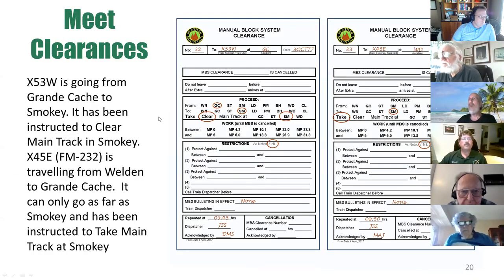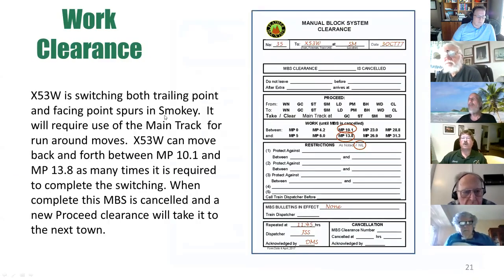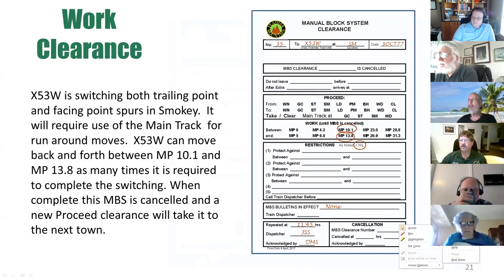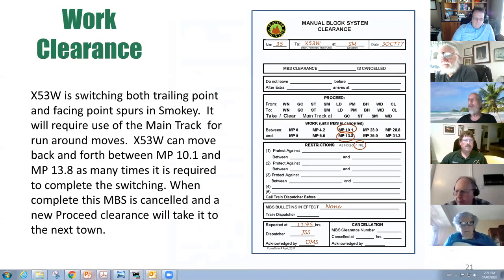So the next clearance is a work clearance. Okay, so like I said, extra 53 west was my way freight. He's got to do a bunch of switching at Smoky. We're going to assume that extra 45 is gone already. This time we're going to give him limits of where he can work between. I'm using mileposts here. One of the reasons I use mileposts is because